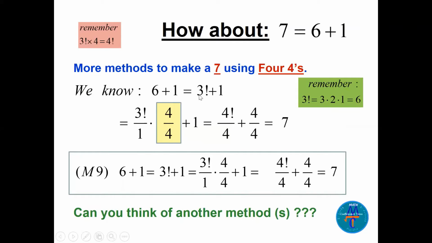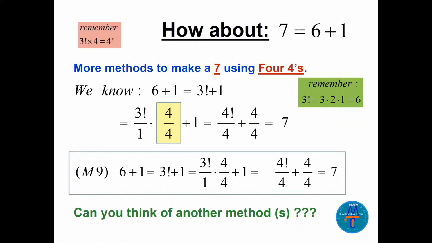Still, see, very ugly here. 3 factorial plus 1. I need to get 4 fours. Now 3 factorial over 1, that's 3 factorial. Let's multiply up and down by 4. See the first part here. So 3 factorial times 4. See, we know that here. 3 factorial times 4 is 4 factorial